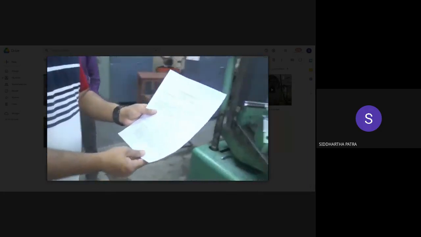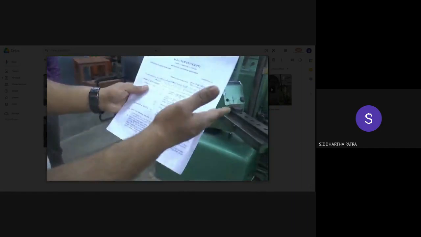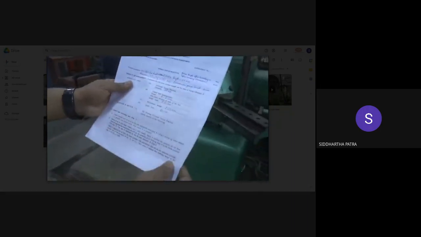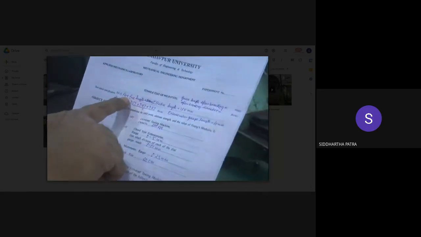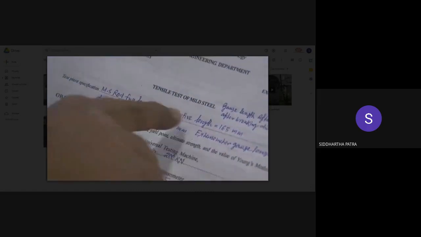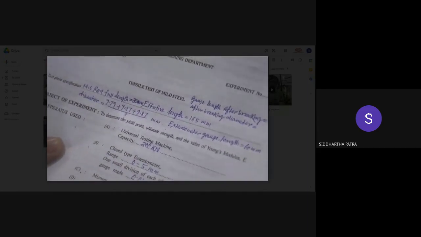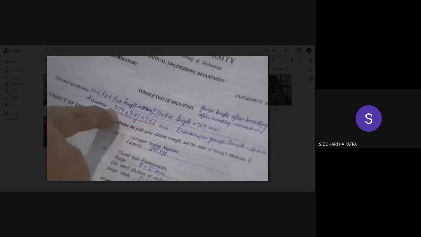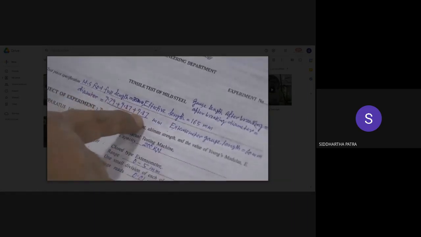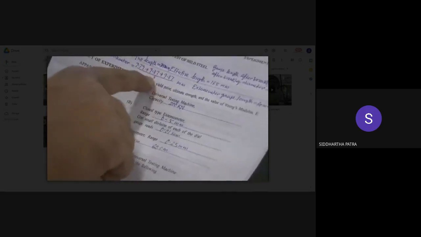So here I have the instruction sheet, and the specifications of the test have already been written down over here. The first thing is the full length of the rod that I just mentioned, which is about 350 millimeters. And then the effective length, we already discussed what that is. That is the region with the 10 millimeter diameter. The diameter is not exactly 10 millimeters. You can see we have taken readings at 3 different sections, at 3 different heights and 3 different angular orientations, and from that we are taking an average.